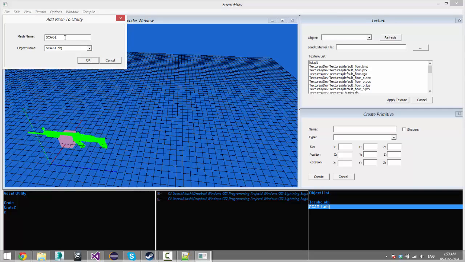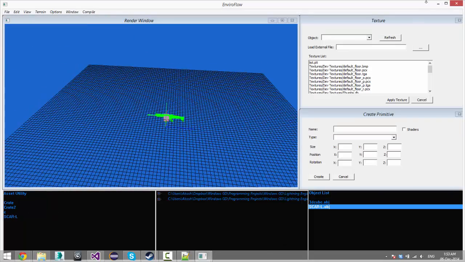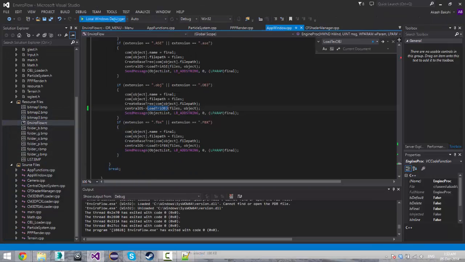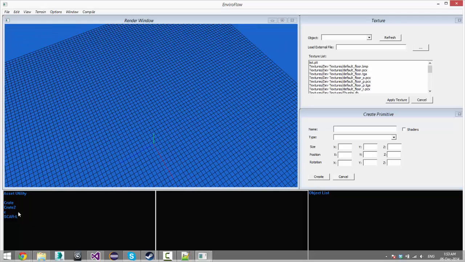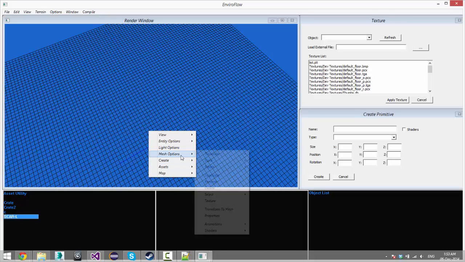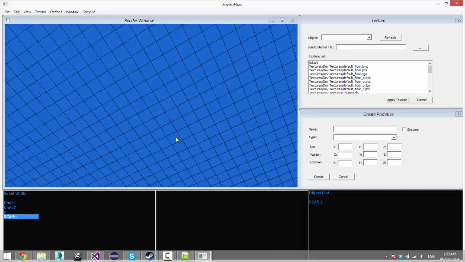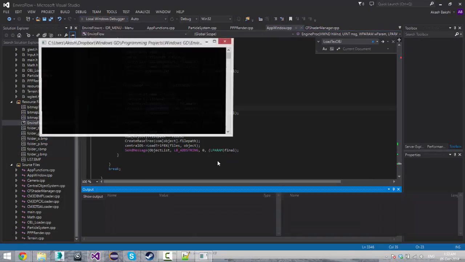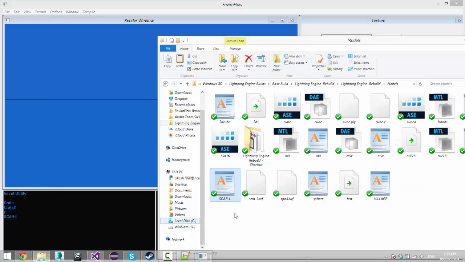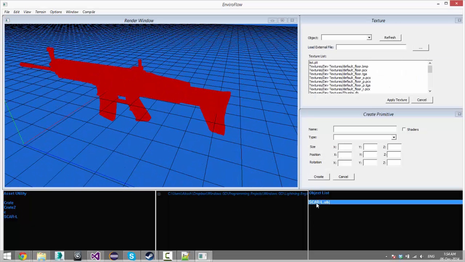And it's added in there. So now every time you boot up your map editor, it's there, and to use it, you just click on the object, go to assets and add to scene, and, that's the wrong one. Alright, so there's a common bug. I guess since there are two objects, it only added the first object, so I'm going to have to look into that bug. But add asset to utility, scar-l,